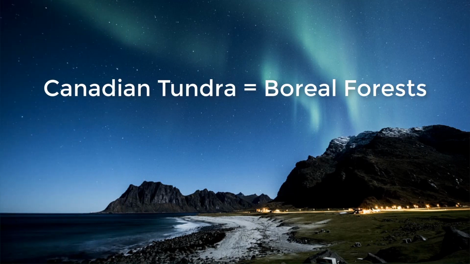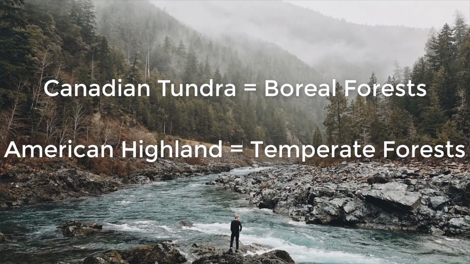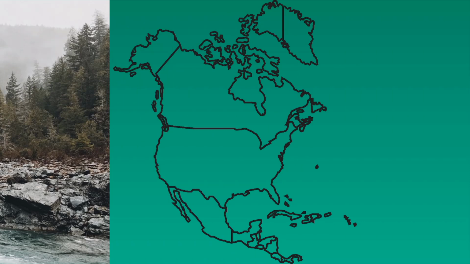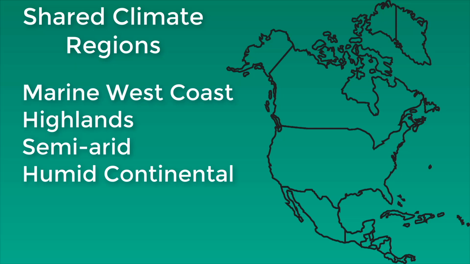Canada's tundra and subarctic forest ecosystems are typically called boreal forests, while America's highland coniferous forests, those in the Rockies, for example, are called temperate forests. Some of the major climate regions shared by both the United States and Canada are the marine west coast, the Highlands, the Semiarid, and the humid continental. All of these regions at some point straddle the